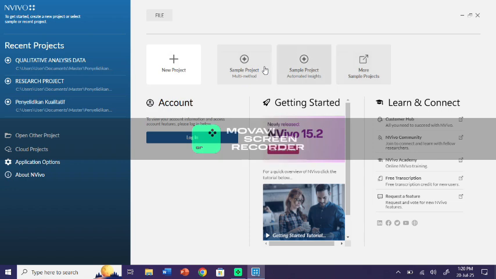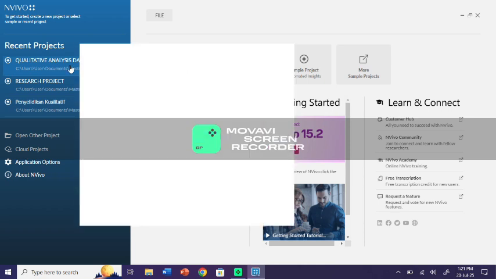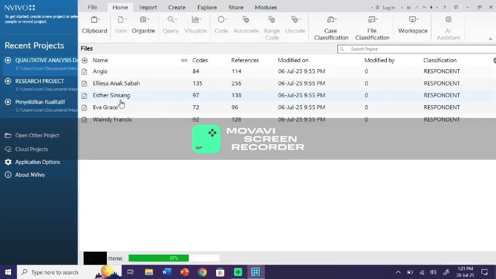Okay, but for me, I already have the folder here. I named it qualitative analysis data. I already have the folder, so I just click it on. Okay, and then